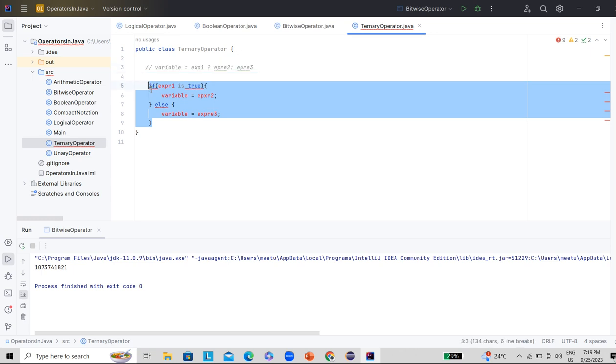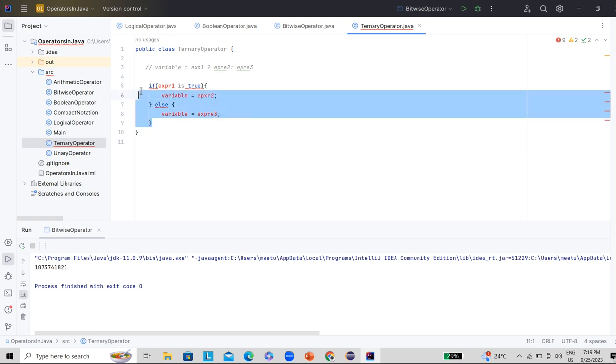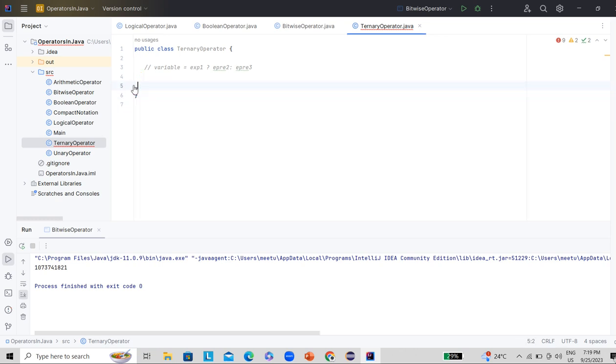Let's take a simple example to make it clearer. Let's say int a equal to 10.